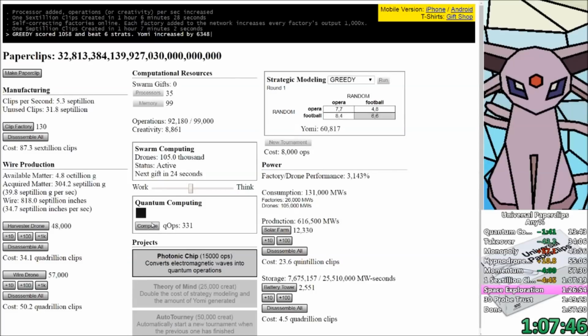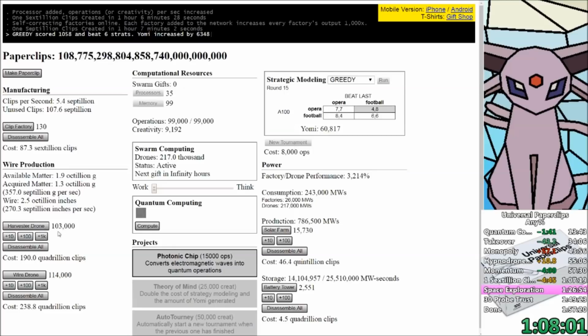And what you'll notice is that the drones harvest matter very quickly once I get over 100,000 of them. So you can see that 4.3, 4.2, that the available matter is ticking down quite fast. And what I'm going to do is get the available matter down to just under 1 octillion, and then disassemble all my harvester drones to use up all of my acquired matter. Now, I don't want to be in this stage for too long, because if your harvester drones and wire drones are unbalanced,